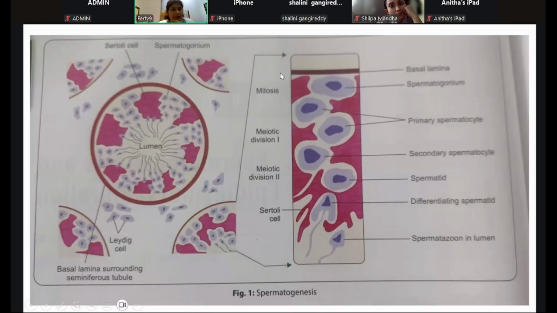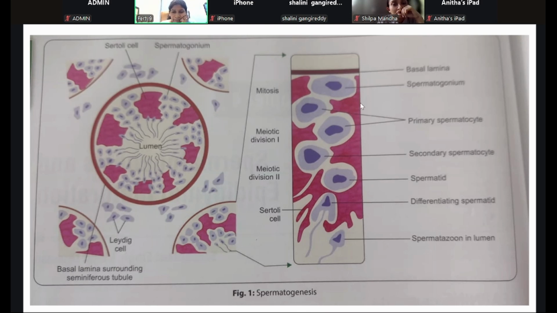So this is again the structure of the seminiferous tubules. This round one is the seminiferous tubules. It has Sertoli cells, which are supporting cells. And then next to these Sertoli cells, we have all those spermatogonia, which mature and end up in a spermatid, spermatozoa, which will appear in the human. And then these Leydig cells will be present in between the tubules while the Sertoli cells are present within the tubules.